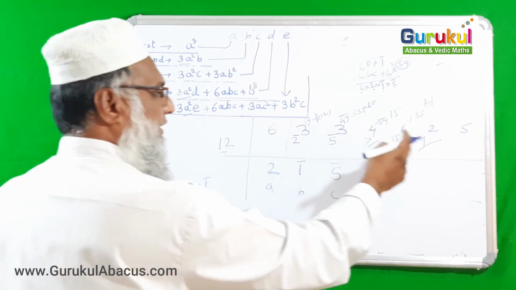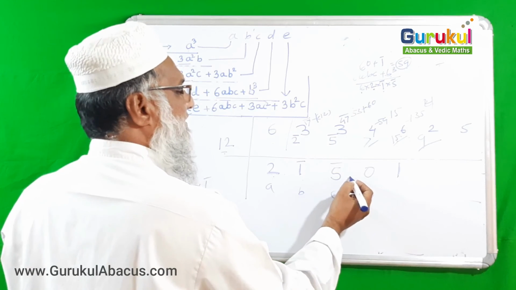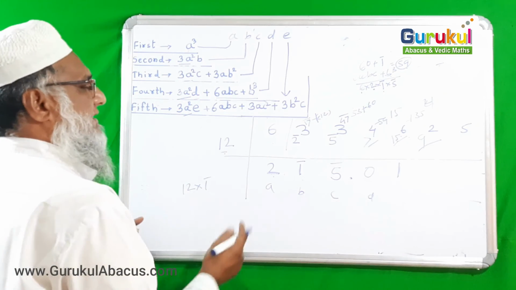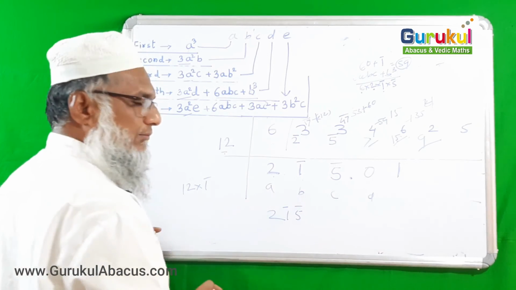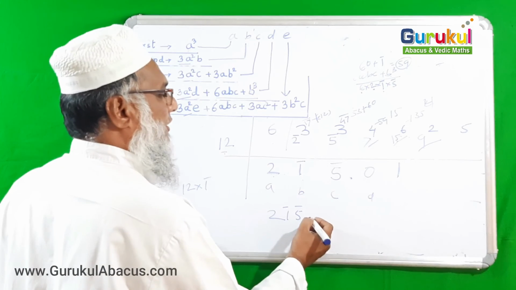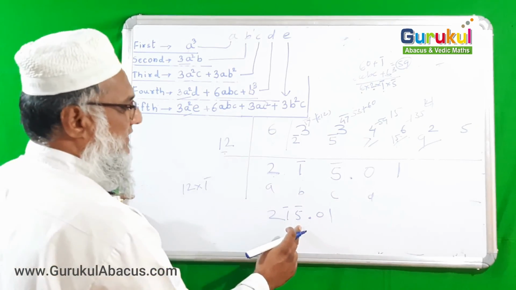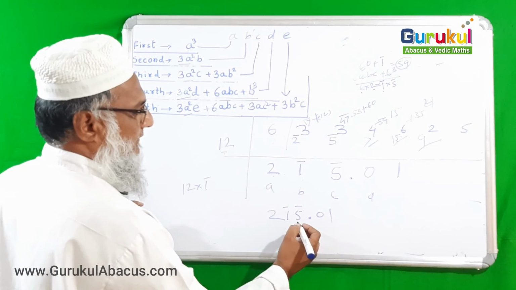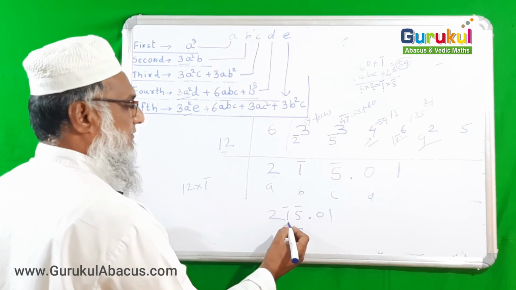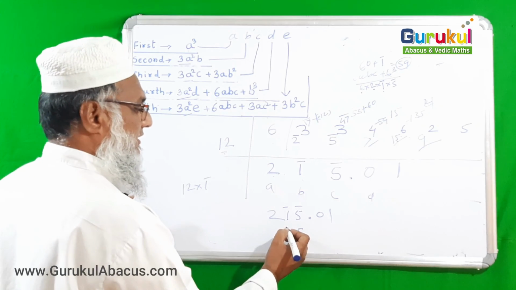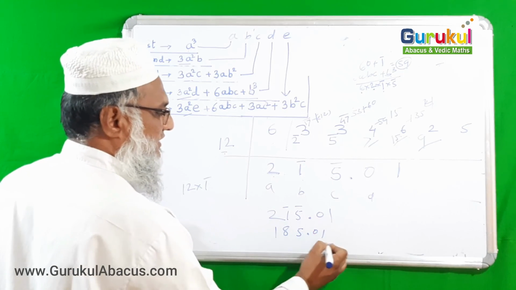So here 3 terms were there, so 1 2 3, after the 1 2 3 digits here I want to put a decimal point. So as an answer I have got 215, but those are both bar, 215.01. This is my answer, but those bar digits I have to convert. So how can I convert? For 5 I take its complement 5, then again it is also bar, but 2 bar becomes 8 and 1. 185.01 is our final answer.